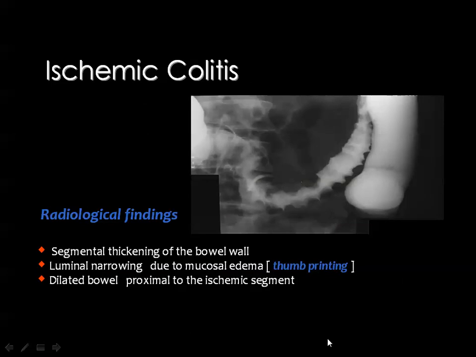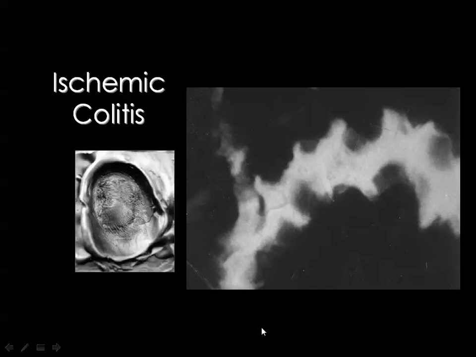The thumbprinting is the sequelae of mucosal edema secondary to ischemic changes or compromise of the blood supply. Then the affected segment will be narrowed, and the proximal segments may be dilated. Then this is the classic appearance of a magnified segment of the colon, showing the typical thumbprinting appearances due to